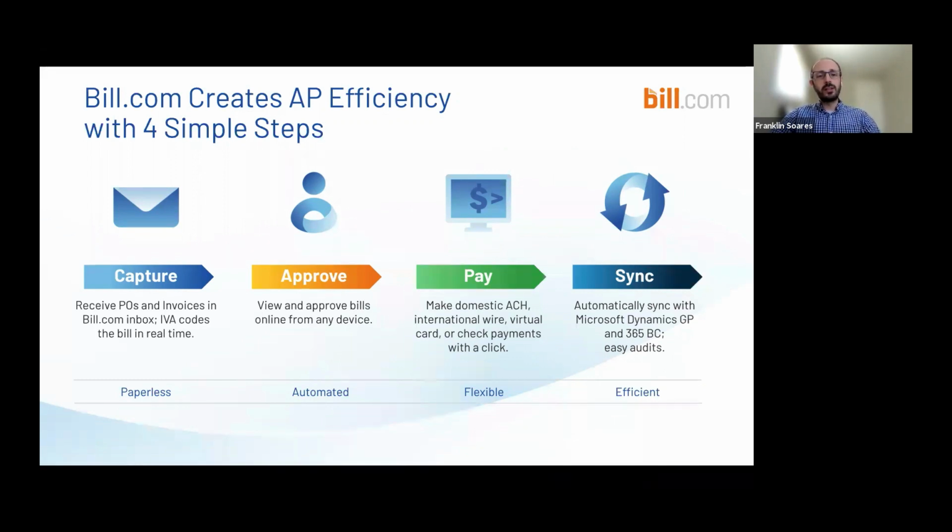The second is we use that document to help code the bill for you. So there's certain parts of the bill that are very quick and easy for technology to capture and pre-populate those fields for you instead of you entering those fields. And those would be like vendor name, invoice number, invoice date, due date, total amount. Those things are actually picked up automatically by technology. We call it Intelligent Virtual Assistant, or IVA for short. But essentially, it's going to pick that up, and it's going to help a lot, streamline the whole process of